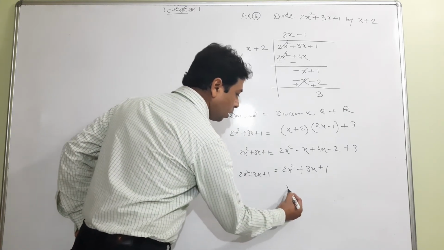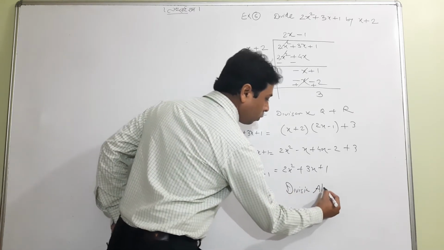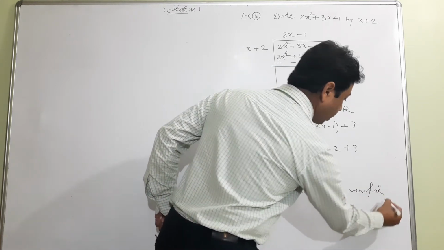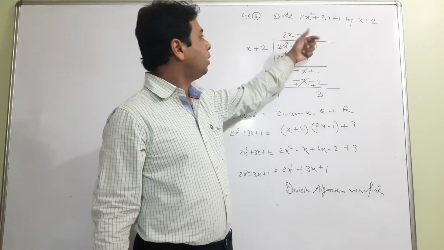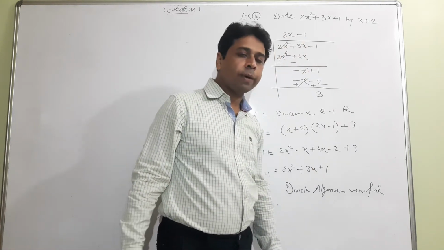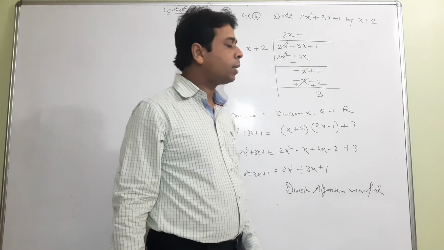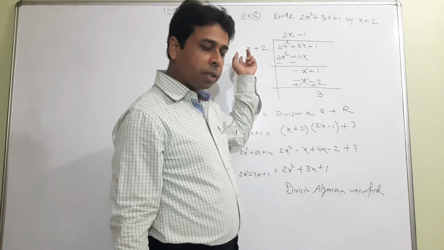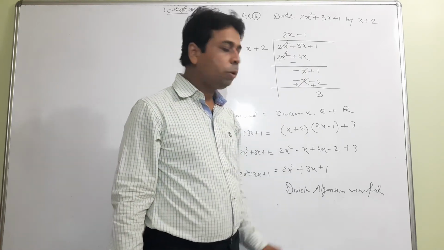It means the division algorithm is verified. So in simple terminology I am writing here, this is the so-called procedure. You should learn that whenever we have to divide, take this by this and go on. A few things you have to remember. Before dividing, you have to arrange both in proper order, in descending order of the power of x, then divide till the power of the remainder is less than the power of the divisor. After getting all, if you are told to verify the division algorithm, you have to show this.